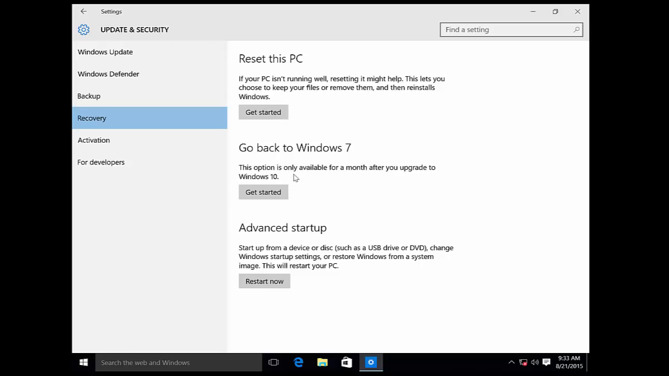After the month, I don't know what's going to happen because I'm recording this within the month of the release of Windows 10, but more than likely you won't see this option anymore. So if you don't see it, it's been over a month, you may want to restore from a previous backup that you did before upgrading to Windows 10, or you may want to do a clean install and go back